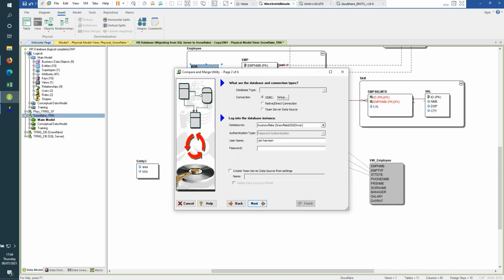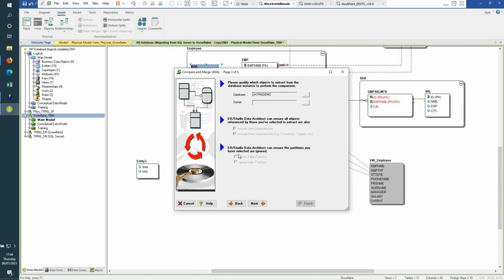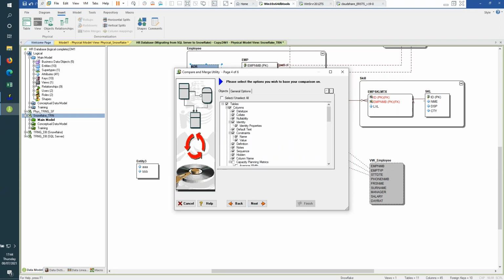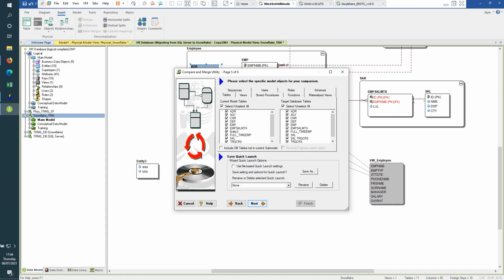We could compare it back to my Snowflake system. And then click through. So if you haven't used compare and merge in ER/Studio very much, it really is a very powerful mechanism to allow you to manage these changes and generate the code associated with them. So again, I'll just complete this. And again, just for speed and to make it happen a little bit more quickly, I changed the EMP table,